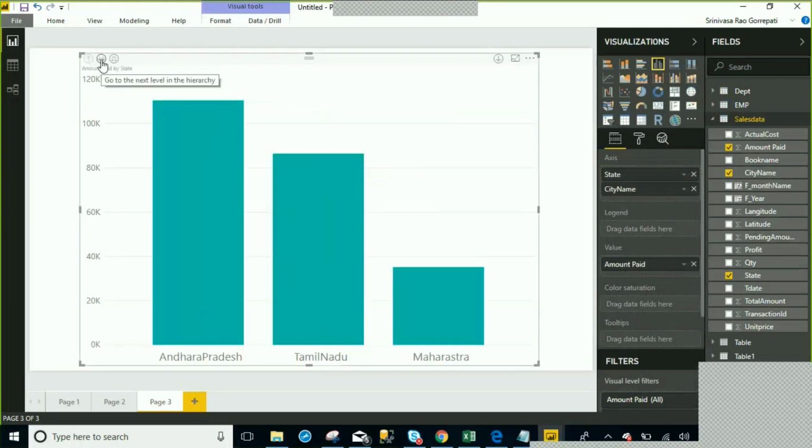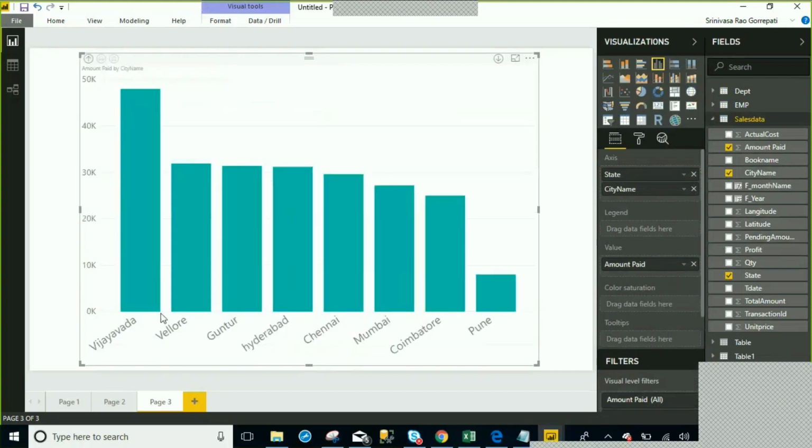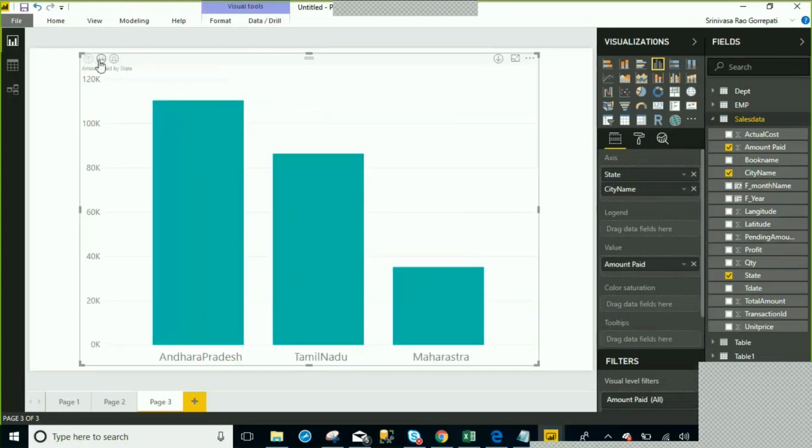This one is nothing but go to the next level in the hierarchy. So it is going to showcase only the next level. At that level, whatever values you have, it is going to showcase. Drill up goes to the previous level. Drill down goes to the next level, drill up is the previous level, and at this level it is going to showcase. And you have an option called expand all down one level in the hierarchy, which is nothing but